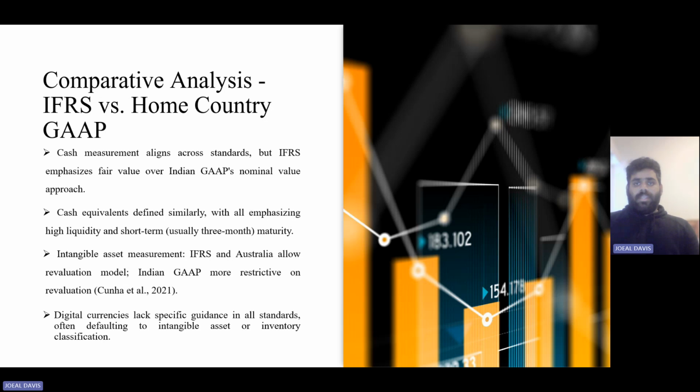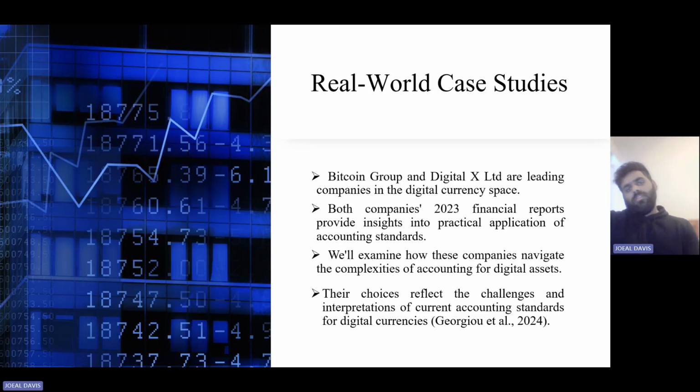In any of these standards, there is no specific digital currency category. As such, they fall under other sections such as asset, for example intangible asset or stock, depending on the usage. This lack of a specific approach leads to differing classification and measurement while giving a conservative idea of new financial instruments within the current framework. So while we go to the real world case study of Bitcoin and Digital Ads